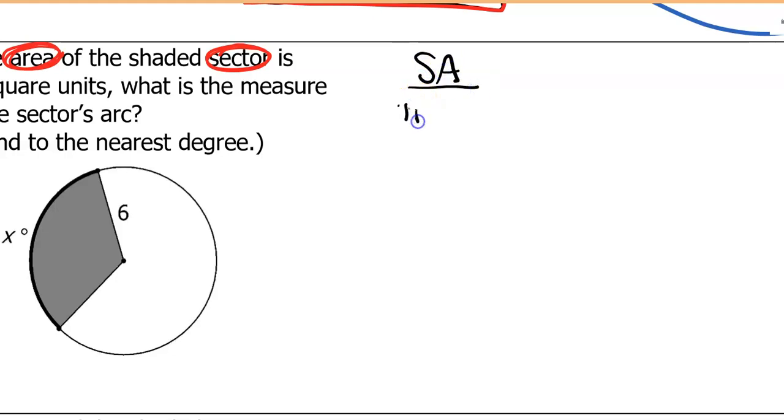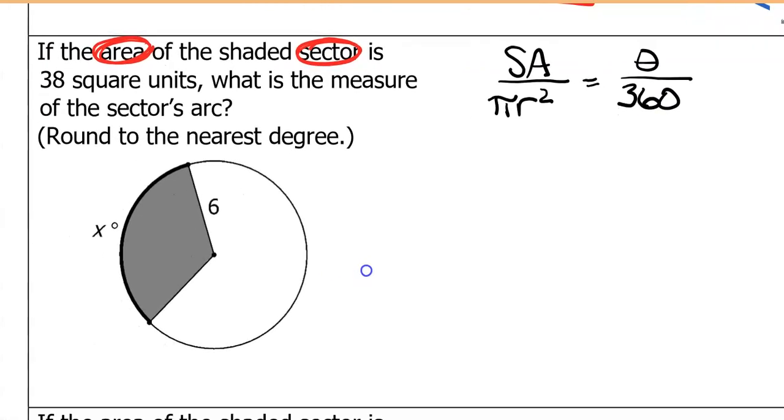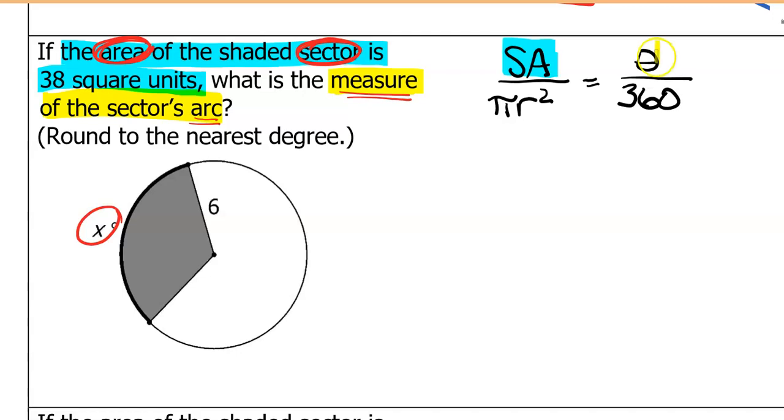So sector area divided by the full area equals my degrees out of the entire degrees. So just copying the formula and then pulling specific information. The area of the shaded sector is 38 square units. The area of my sector is going to be 38. What is the measure of the sector's arc? Measure of an arc is in degrees. So that tells me that we're interested in finding theta,